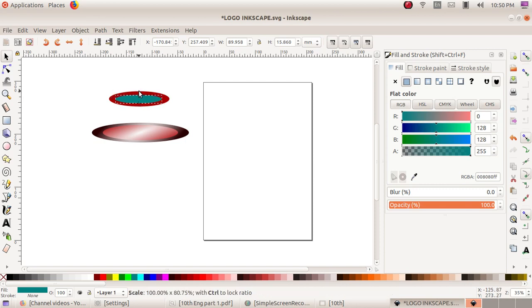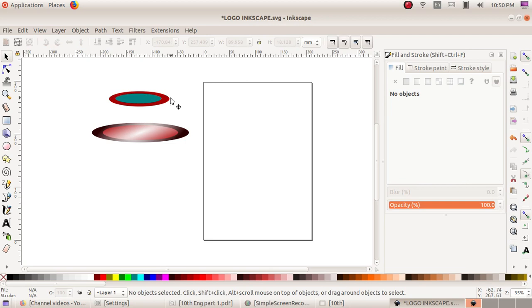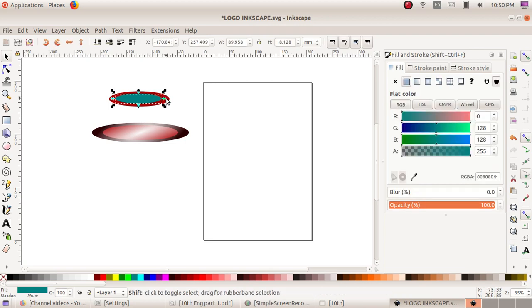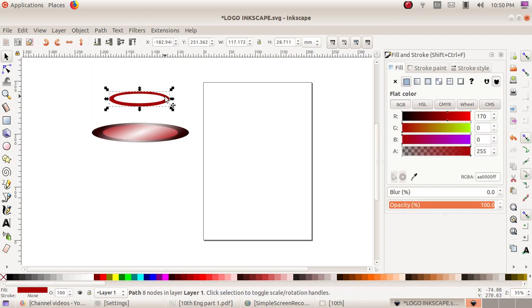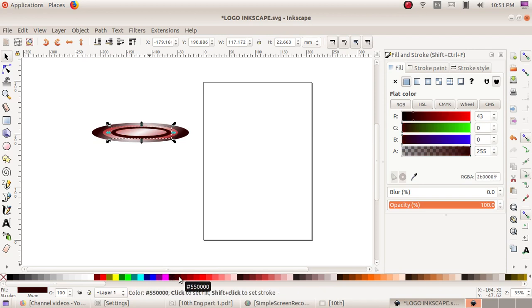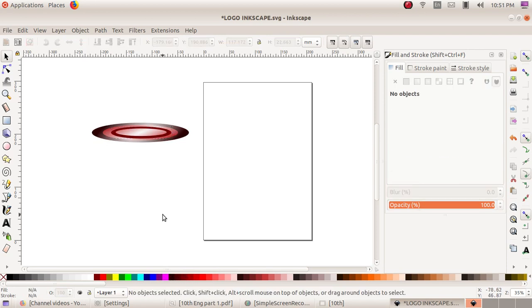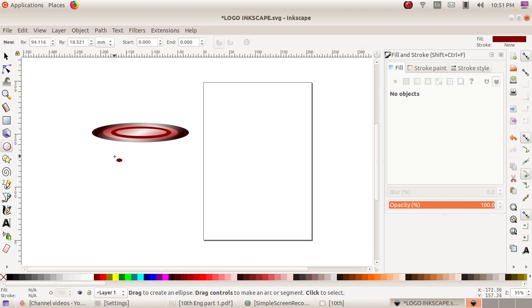Then there is an option, the difference tool. Select the 2 objects and go to the path menu, difference. Then drag and drop here. Then you need to draw a base for that saucer.